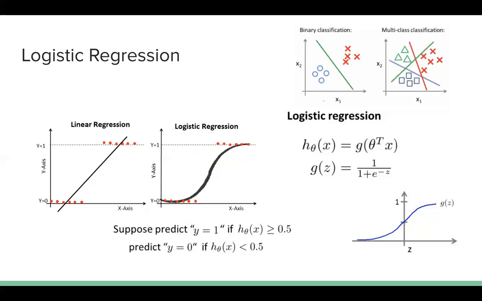The problem here is when we try considering the same cost function as linear regression. What is our cost function in linear regression? It is nothing but the mean squared error. We use this mean squared error to find out our theta values based on the gradient descent algorithm. That's what we are doing in linear regression. But the problem in logistic regression is that we cannot take up the same cost function.